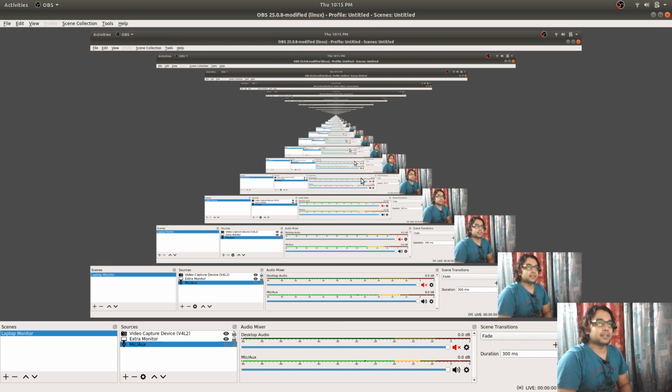The threads are created inside a process, and a process is an instance of an application. Like for example, if you see on the screen, this OBS that I am using to stream my videos is an application.